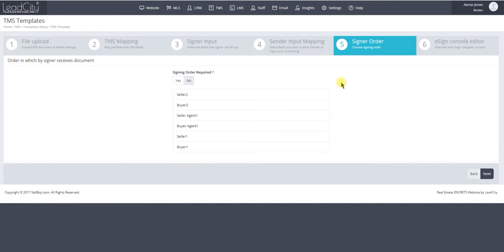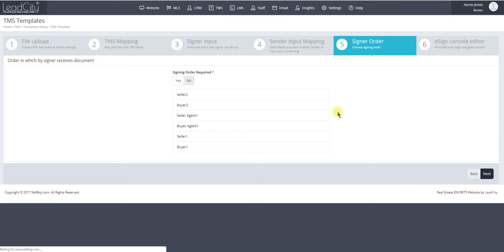Then the next step in creating the template is to determine, is signing order required? Sometimes you might have signing order required. For example, let's say you have a property disclosure that needs to be signed by the seller 1 and seller 2. Well, typically the seller 1 is probably going to fill out and answer all of the questions, and so you want to make sure that seller 1 has filled out all of those questions and answers before seller 2 has the opportunity to sign. So in that situation, you might have signing order required, and you might have it in a number of different situations, but that's just one example. We're going to say that signing order is not required here,